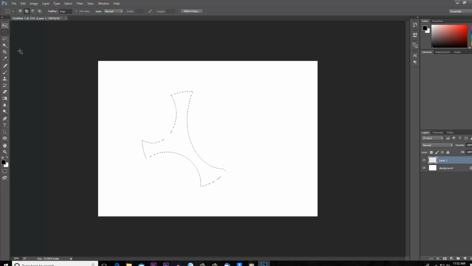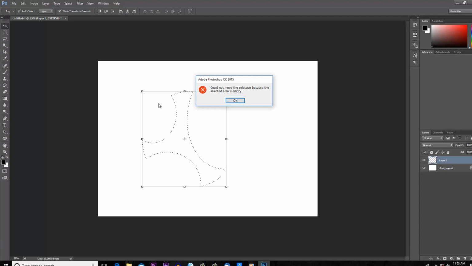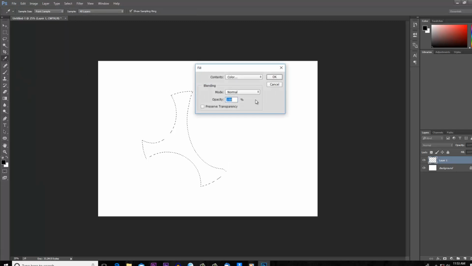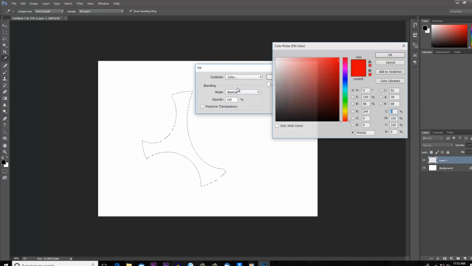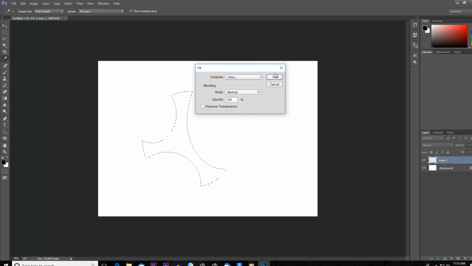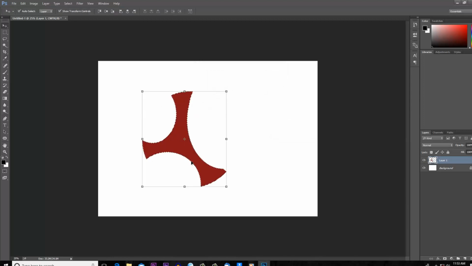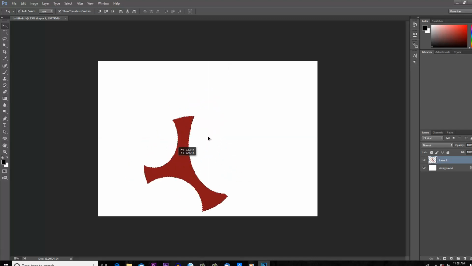After being satisfied, you may want to move it around, but it will not work, because it says could not move the selection, because the selected area is empty. So we need to fill it with something. What we need to do next is go to Edit, click on Fill, pick a color, and then click OK. Now we have filled that selection with a color, so we can easily move it around.